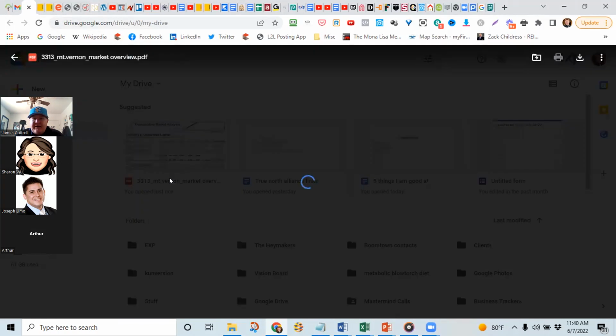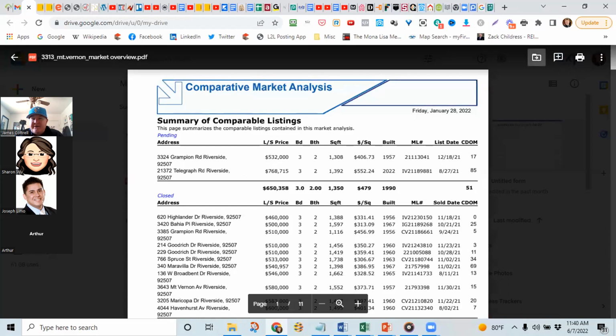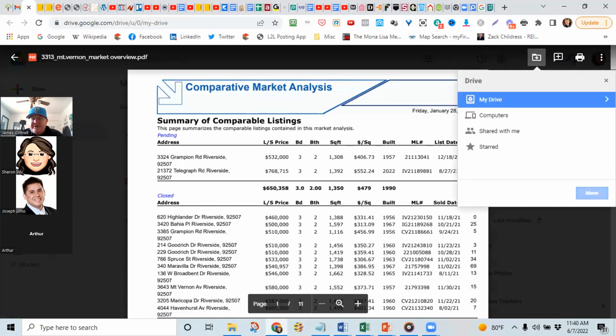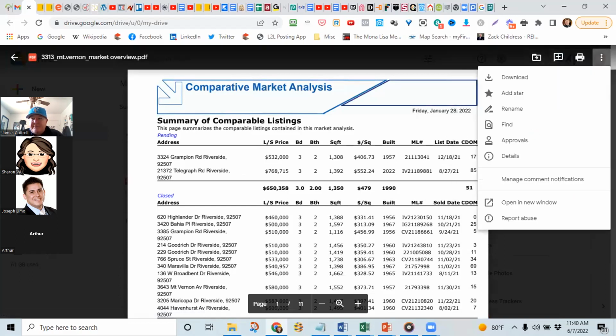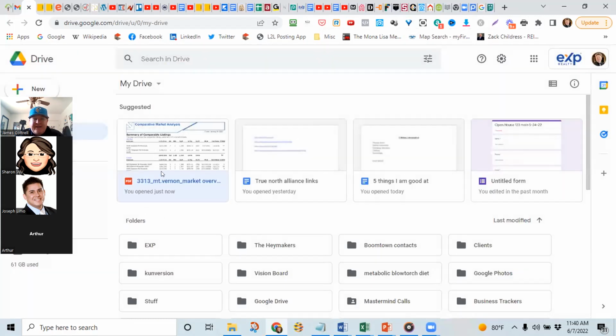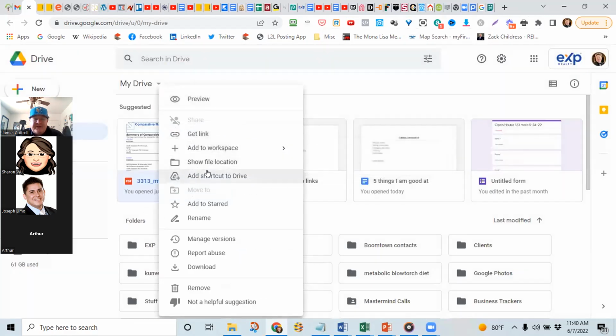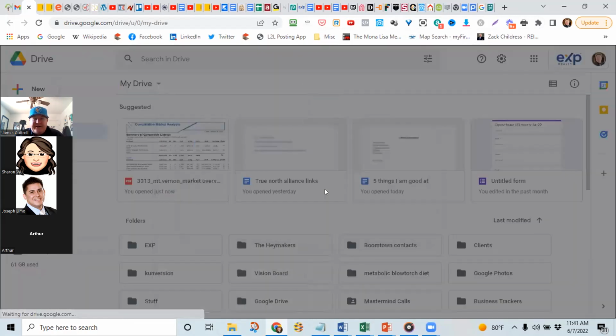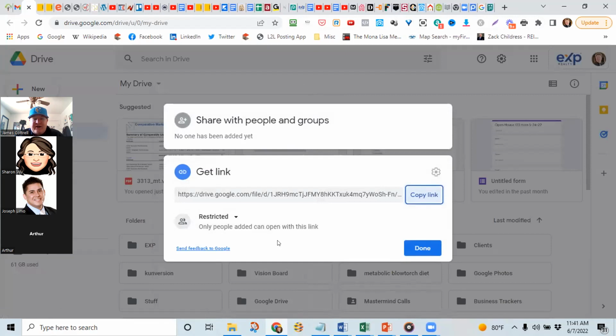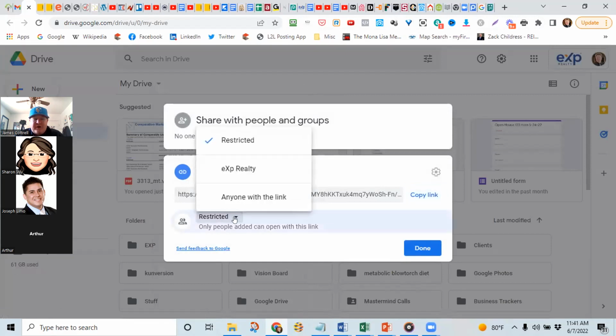And when I click on, is it the share? No. You can see I don't use this a lot in that fashion. So if I want to get the link, I can click here. And what I want to share is, I don't want to restrict it.